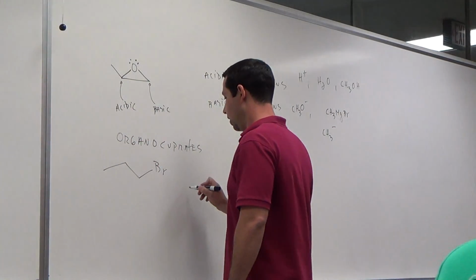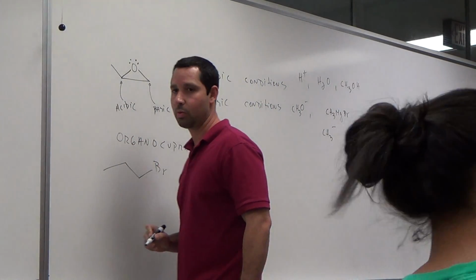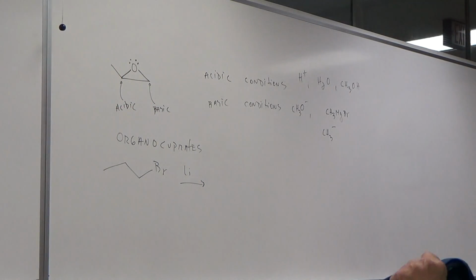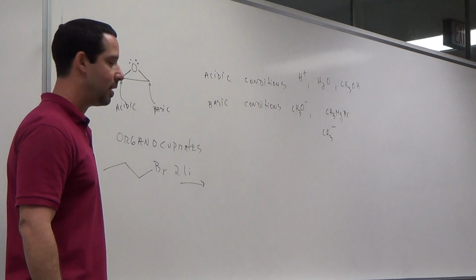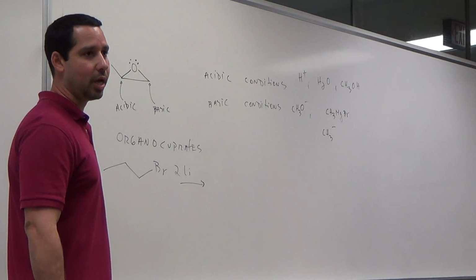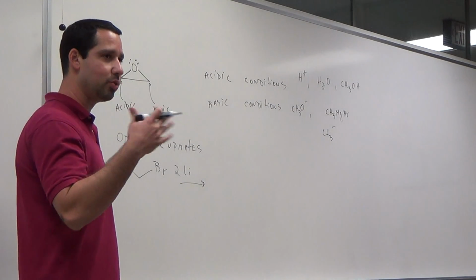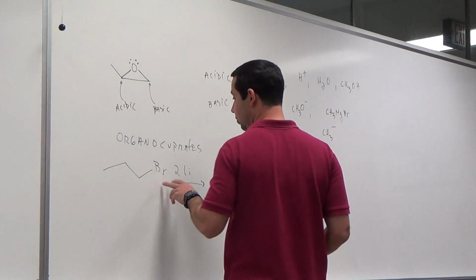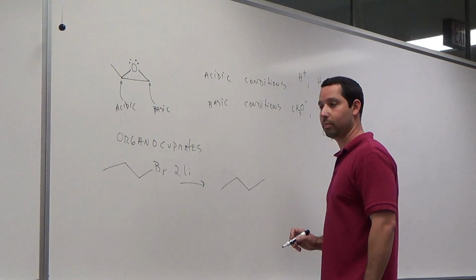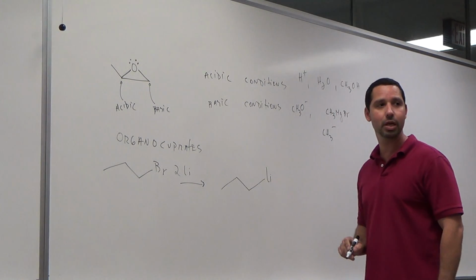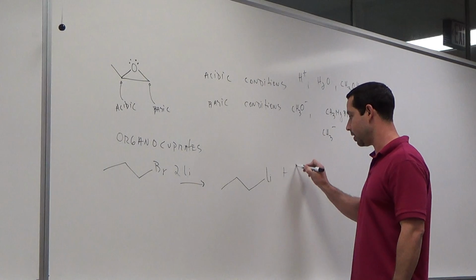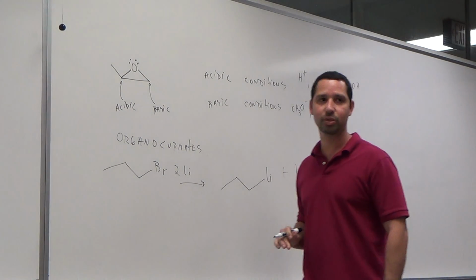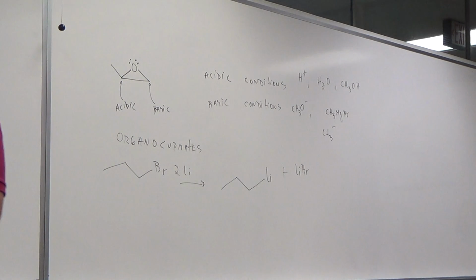Anyway, if we add lithium to this, what is a lithium going to do? As I explained to you in last class, let's say it's going to add 2 lithium. What is it going to do? The lithium is a group 1 metal, and what do they like to do? They like to give electrons to everybody, and if they give electrons to this, what does it form? It forms the lithium there, plus, because you guys like it this way, lithium bromide, which is of very little interest to me, because that's not the organic product. Okay?